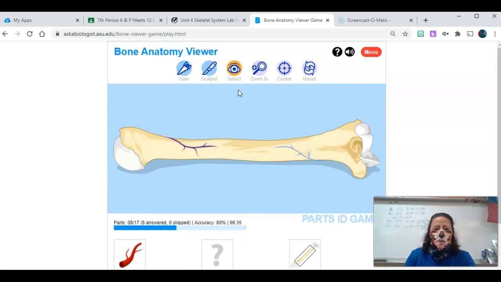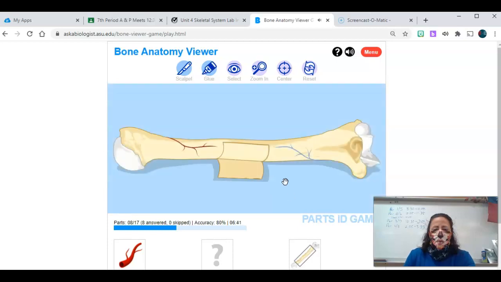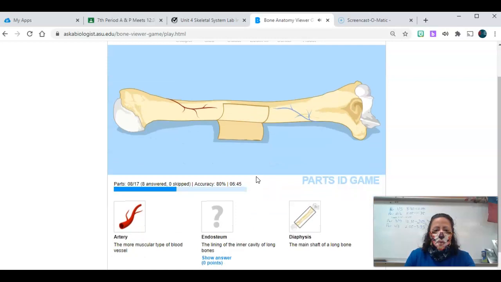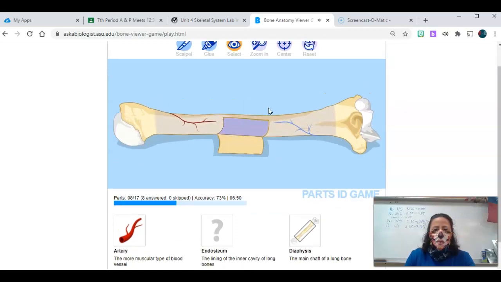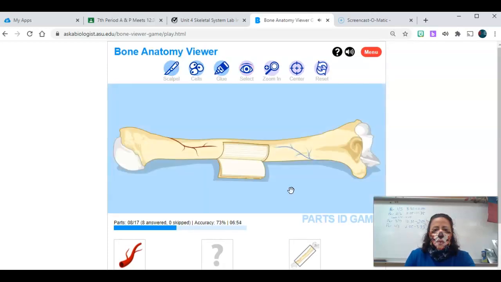All right, endosteum, the lining of the inner cavity of long bones. So we're going to have to do some fine surgery here. Let's use our scalpel. Let's see. Is this the inner lining? The lining of the inner cavity. Oh, no, not yet. I don't think it's that, but let's see. Nope. Now, if I had played with the game a little more,